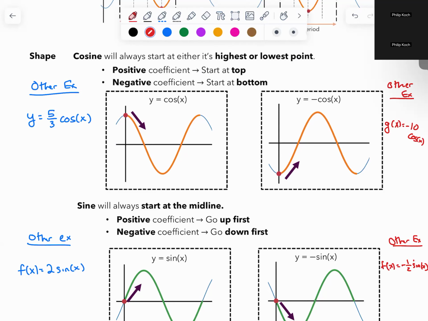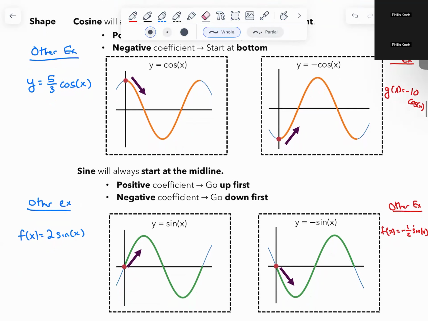And I'm just using different names of functions to remind us that you can call a function whatever you want. You can call it y, you can call it f, you can call it g. It's any symbol, really. If you really want to, you can do delta of x. Or because it's just a variable, you could do a puppy dog of x equals cosine of x. That is possible. It's allowed. It's the funny thing about mathematics, it's just a variable, just a symbol. But anyways, I'm getting sidetracked. I just wanted to show you how good I am at drawing puppies. I'm not very good at all.